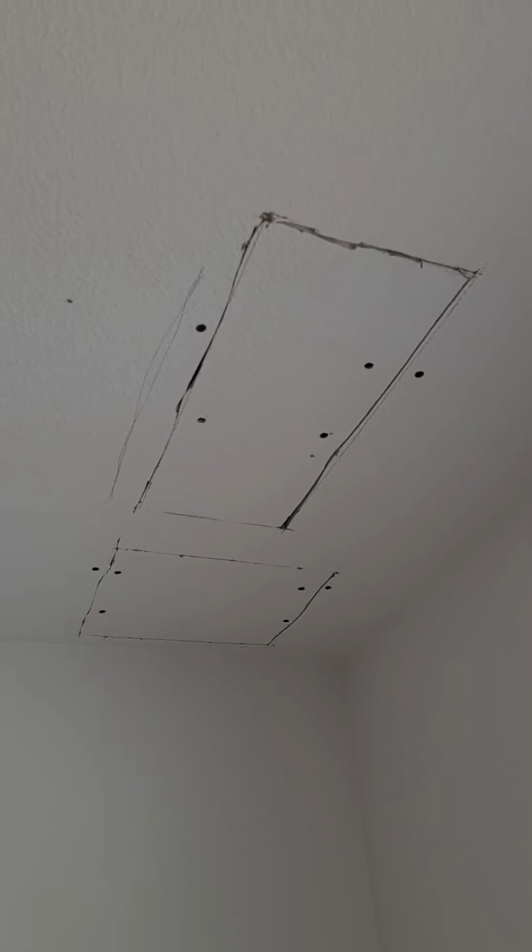Okay, here's what we got going. So we have this in the kitchen. We ran new wire that way, so we have that patch. It's already ready to just tape and float. It's light orange peel. There's a patch here on this wall, and then there's a patch here, and then there's